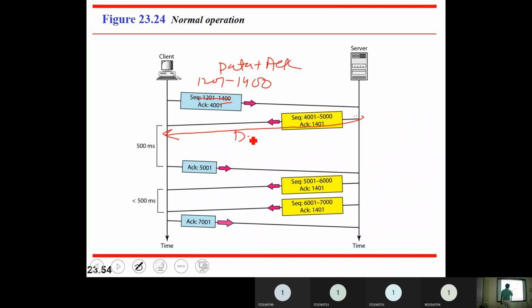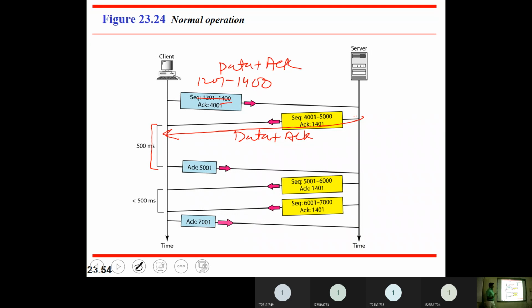Similarly, the other side is also sending data plus acknowledgement. You can see here it is sending data from 4001 to 5000 bytes and saying I received till 1400, because if I say 1401 in the acknowledgement, it says that till 1400 I have received data. Okay, it got received.